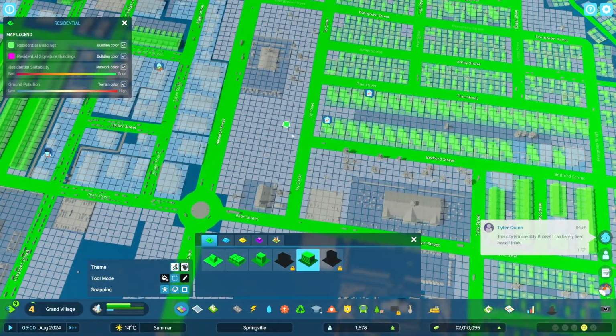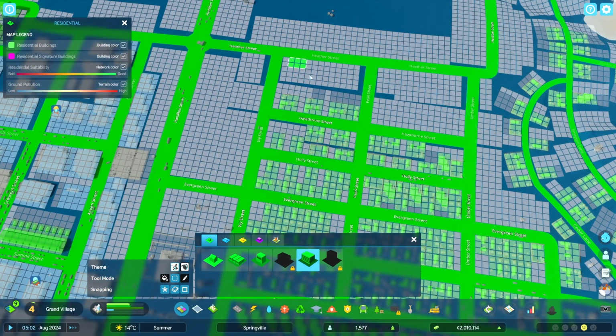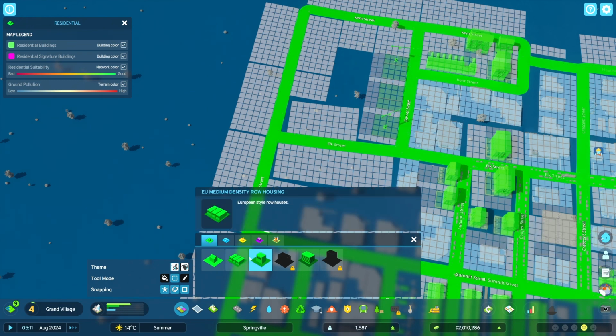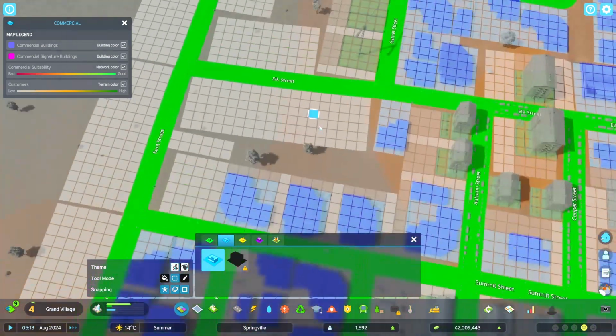And due to the demand of the high density residential buildings, I'm able to place down a few of the apartment buildings, and those will increase the population quite a lot in a shorter period of time than the placement of the small housing that I've been doing in the previous episodes. And as you can see, I'm flying around the map a lot to figure out where to place them down, the apartment buildings, because although